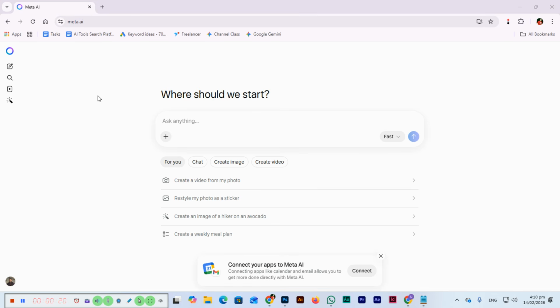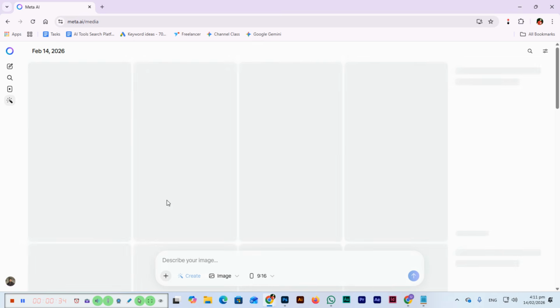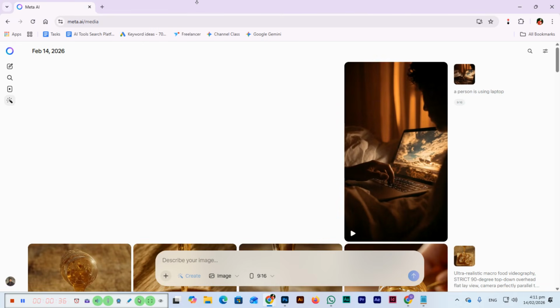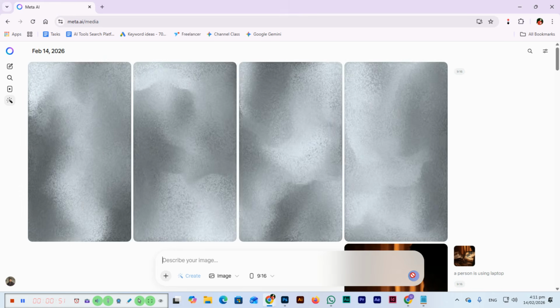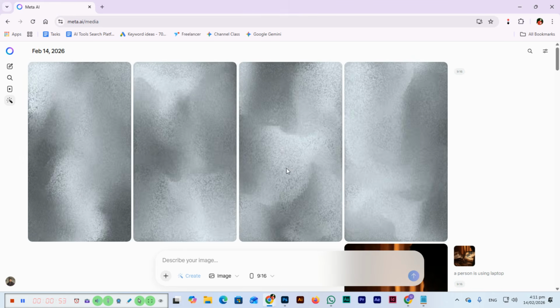The method that we were using before to generate one single video was this. Let me show you that method first. You can go to meta.ai and click on create, and then we need to describe the image. For example, an educational institute with computers, and we just press this button, so this will generate